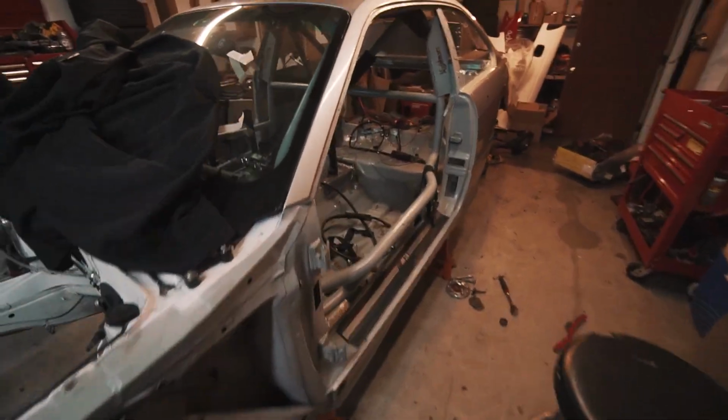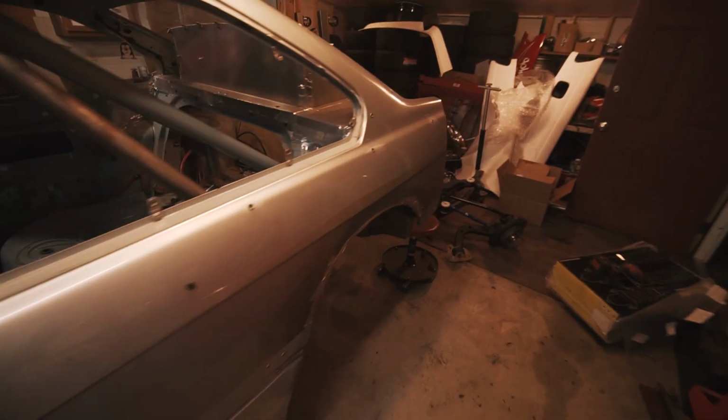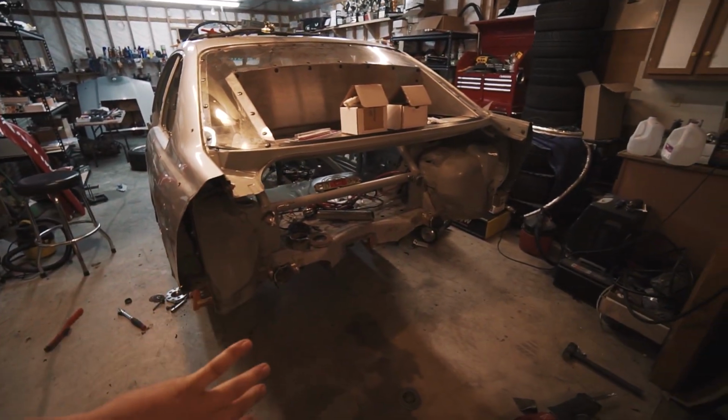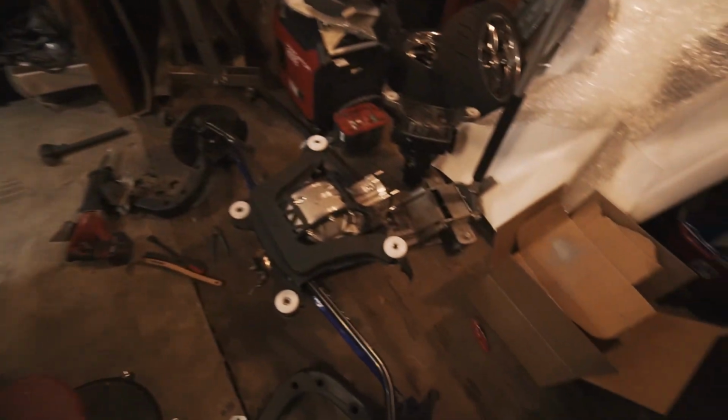So the next thing we're probably going to do is mock up the engine with the QuickTime bell housing to make sure we don't have any clearance issues, as well as continuing on the back half of the car. Hopefully our Big Duck Club full overs will be here at some point in time in life so we can finish this whole back end and then we'll bolt everything back in. Another thing that I'm waiting on, of course, is our transmission, which hopefully is really soon. And then once we have that, we can put the motor and the tranny in the car along with the rear end that is now ready so we can get a length for our drive shaft that is going to have to get